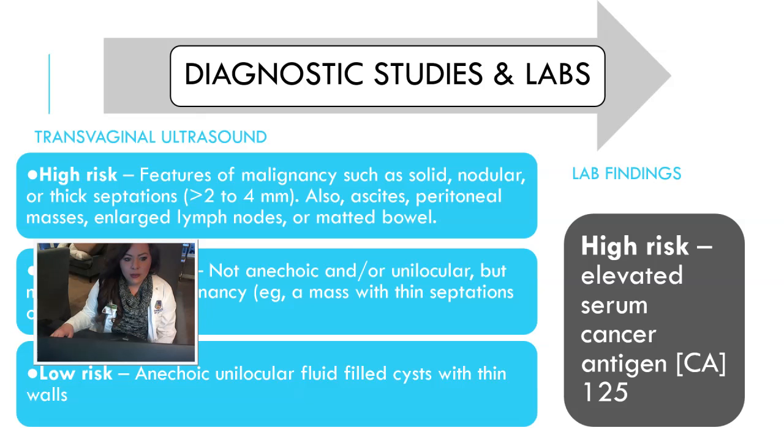In 80% of women with ovarian cancer, the CA-125 tumor marker, or the cancer antigen 125 tumor marker, will be elevated. Of note, the CA-125 tumor marker is also elevated in 1% of healthy women and women with endometriosis, uterine fibroids, liver disease, pelvic infections, and other cancers, including cancers of the endometrium, breast, lung, and pancreas. So there's limited benefit to that screening. Now, if any of these high-risk features are found, the patient should be referred to a gynecological oncologist.